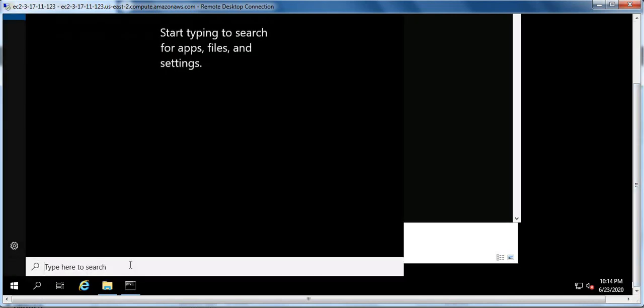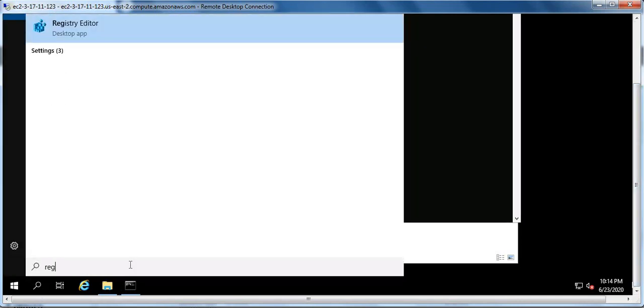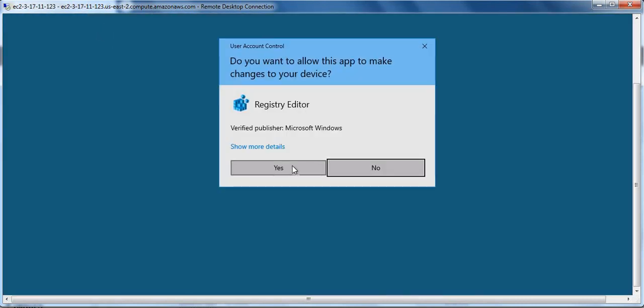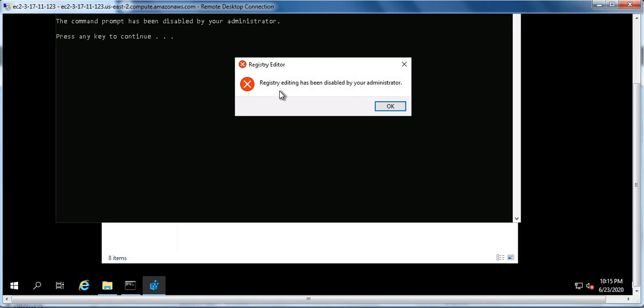Now let's see the registry. Registry editing has been disabled by your administrator. So what we have seen so far: we hid the local drive, we disabled the command prompt, and we disabled the registry. So three policies we've seen.